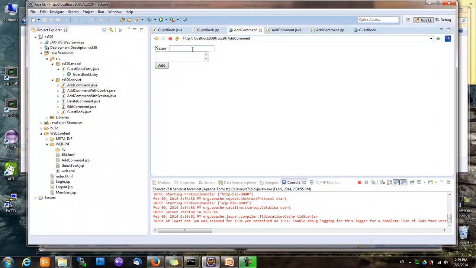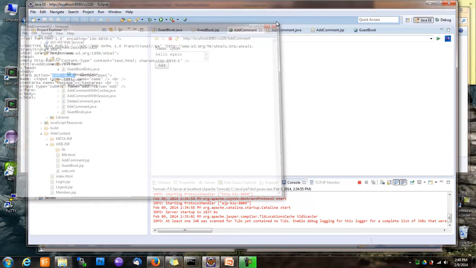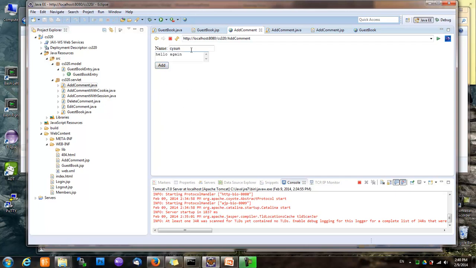going to the redirect example, let's say we type in something, let's say, hello again. So first of all, notice that the action is add comment, right? So if we click add, this request is submitted to add comment, and pay attention to the URL here. If I click add comment, notice that although the request is sent to add comment, somehow the address bar here